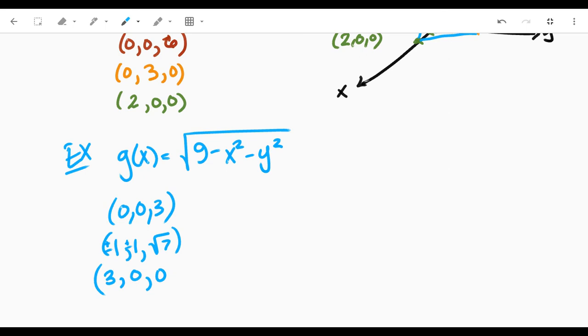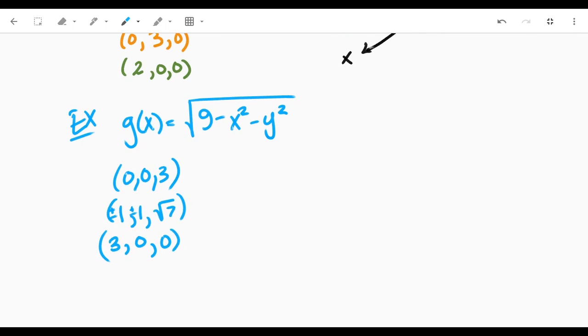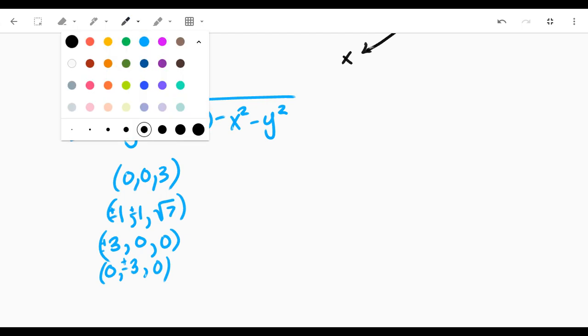Because otherwise you can't take the square root. And if x is 3 and y is 0, we get 0 for z. And that is also if x is 0, y is 0. So if you plug in 0, 3, you get 0. Okay, and again, plus and minus is there. If we were to graph this,